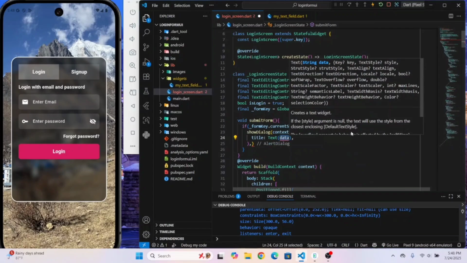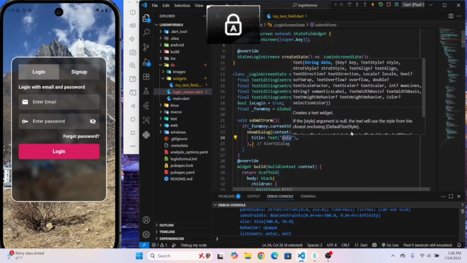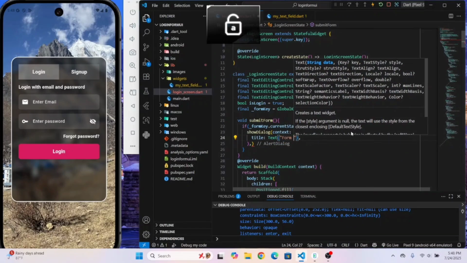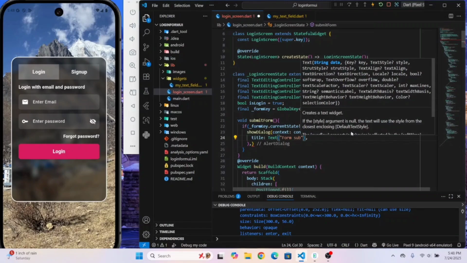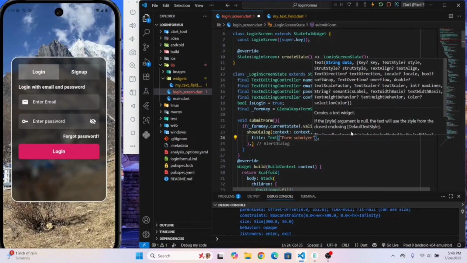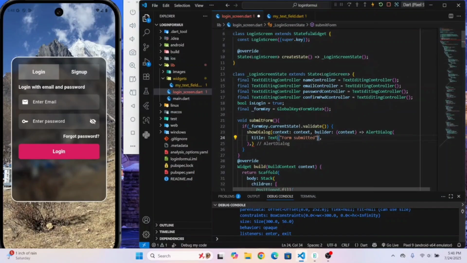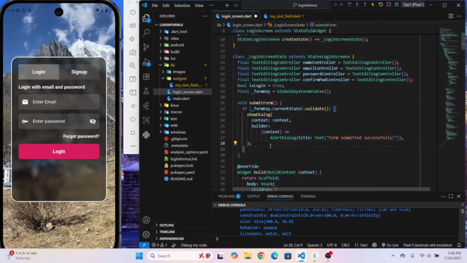The dialog is with the text right here, form submit, submit data, submit successful,